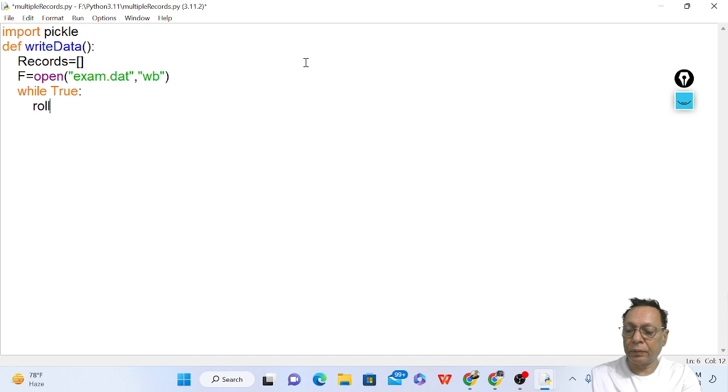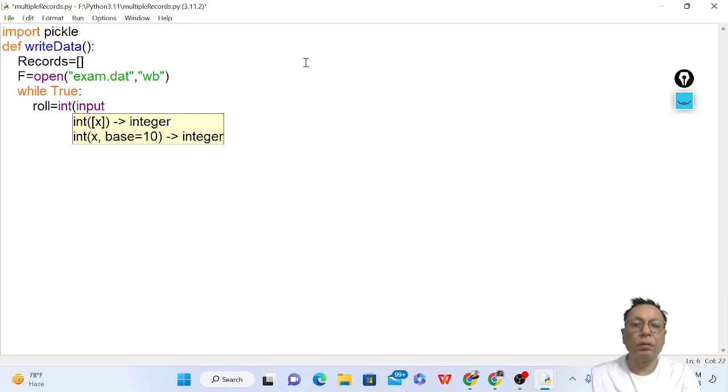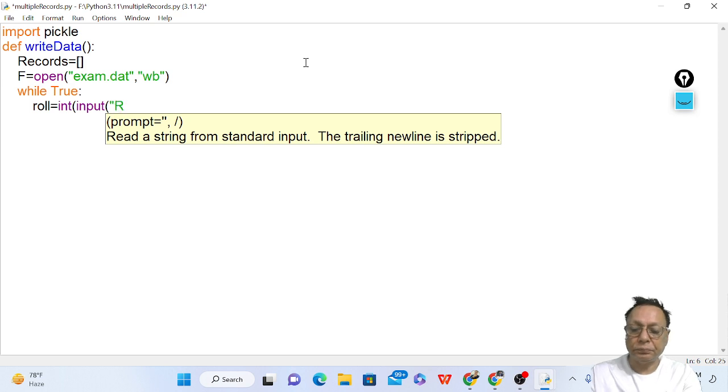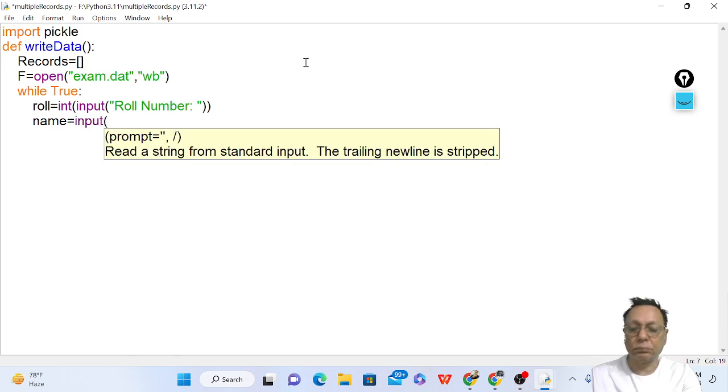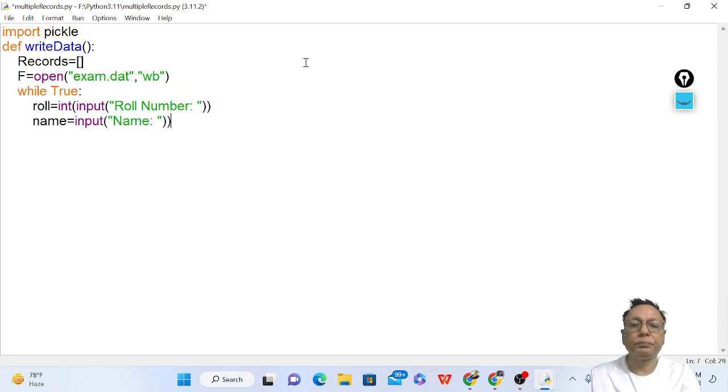Roll number is equal to int input roll number, then name is equal to input name. Name taken, along with name we have to take marks, so marks are here,